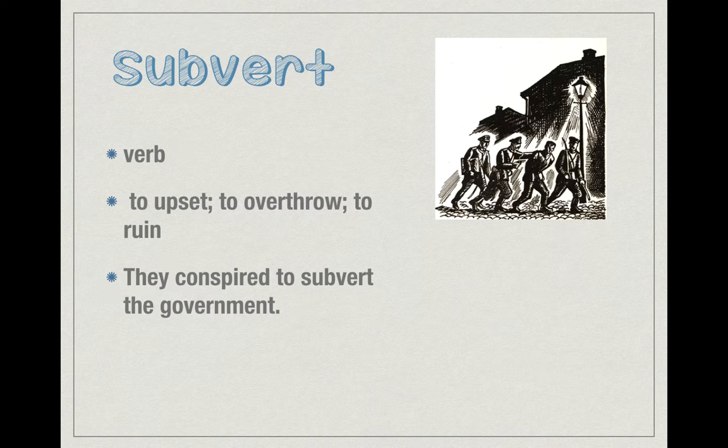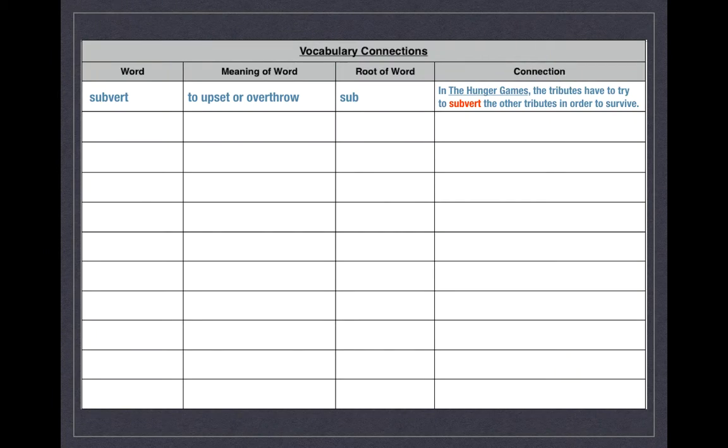Now, instead of doing note cards for this lesson, as you know, you're using your blue vocab connection chart. So on your chart, you're going to write the word, the definition, the root, and then you need to make a connection. For the first one, I gave you an example, but from here on out, you're going to need to come up with your own connections. Now, connections are different than sentences. You do want to use the word in context for your connection, but there are 3 different types of connections